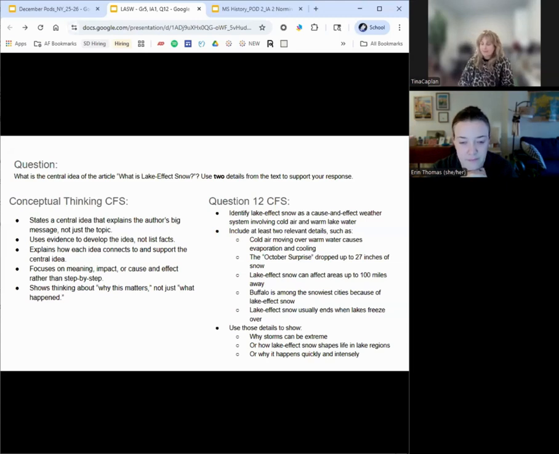It's just a topic. So, for example, Celia describes the formation and location, but not why the effect matters, missing the author's purpose. Similarly, Tayana stated the topic, what it is and where, but with no analysis. And Trinity picked up on this article being about Buffalo getting snow every day, but doesn't connect it to the bigger effect. They're missing the why it matters part or the author's purpose.